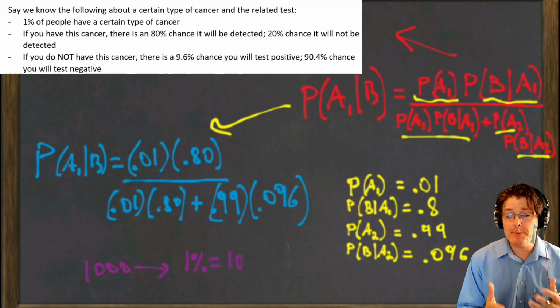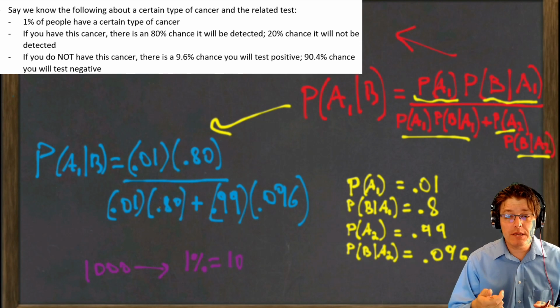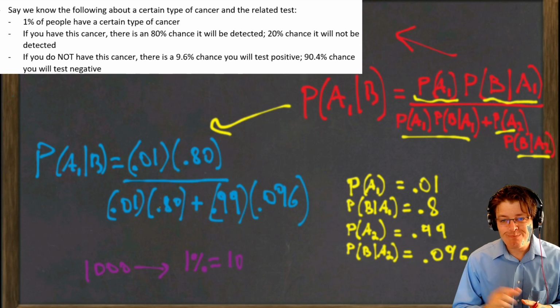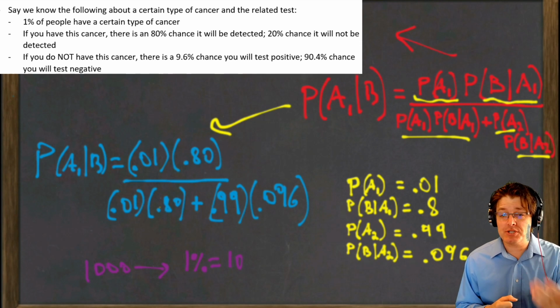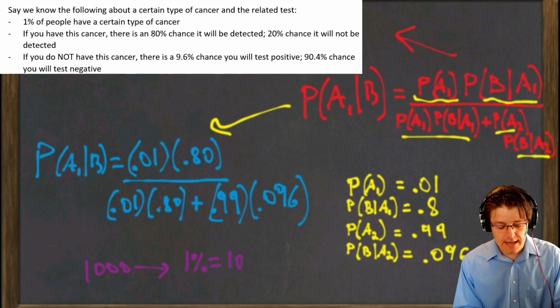So there are probably, on average, 10 people in this 1,000 that have cancer. Those 10 people are going to get tested because we're testing all 1,000 people. Only 8 of them are going to flag as positive, right? 80% of them. So what we're calculating here is how many are going to get flagged as positive